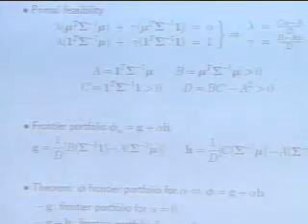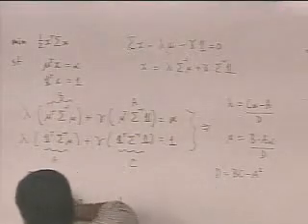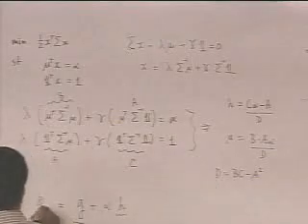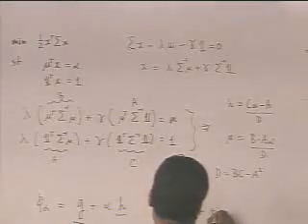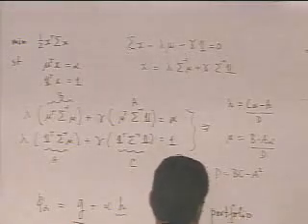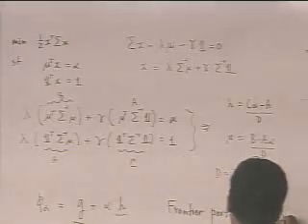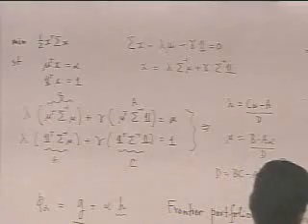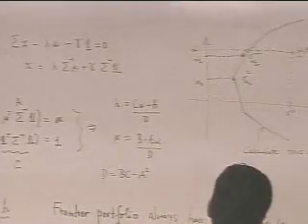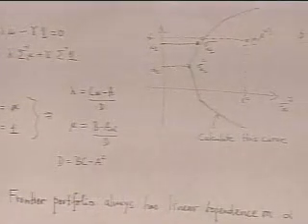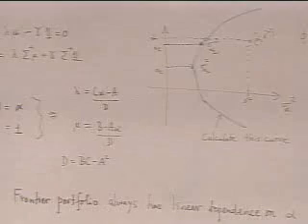All right. The thing that's important here is, instead of x, let me put phi of alpha. What this expression says is that the frontier portfolio always has linear dependence on alpha. You tell me an alpha, and if you're interested in the frontier portfolio corresponding to that return alpha, it always